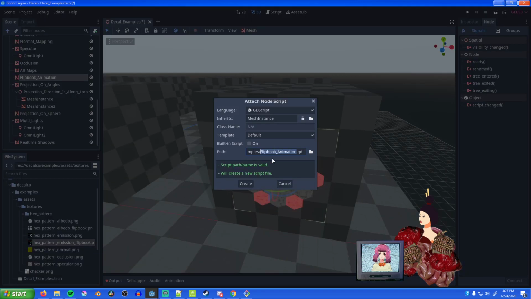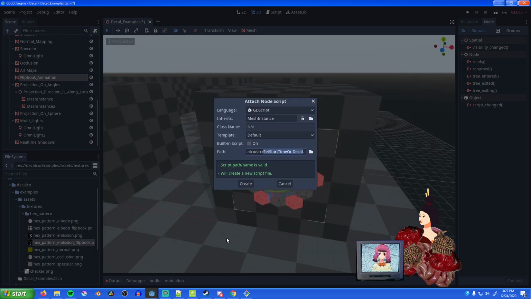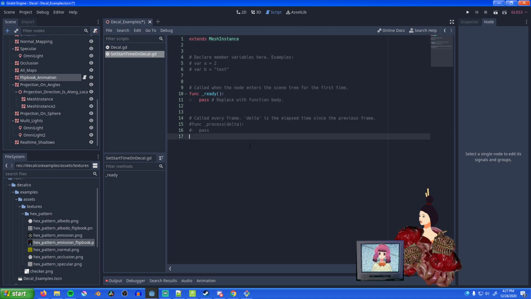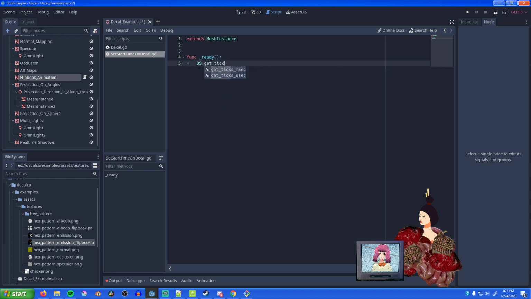Let's just make a script. Set start time on decal. And this will go to source. Create. And then this will say get the current time, os.get ticks milliseconds divided by 1,000, and then we need to get